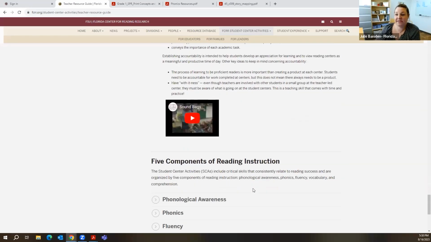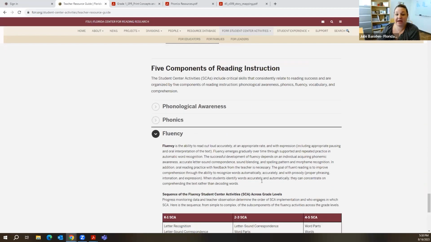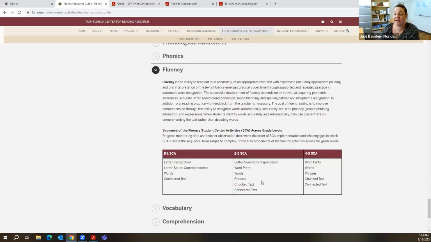And some of these resources, there's a lot of information here about centers, and maybe you're an expert at centers and you have them set up and you're going and everything's great. So you're coming to look at this to confirm that you're doing things correctly, maybe. But currently we have a lot of teachers that are coming to education out of field. And so I can remember my very first year of teaching, somebody said, just do reading centers. Well, I didn't know exactly what they meant.